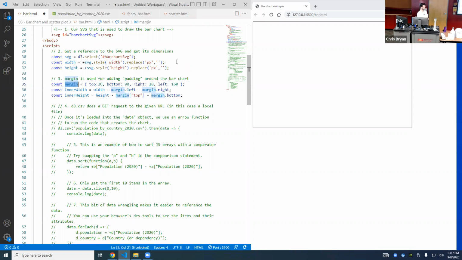Yeah, top left is your 0, 0. So what this margin is going to do is say, okay, we're going to change that 0, 0 point to 20 pixels off the top. So we're going to go down 20, and we're going to go left 160